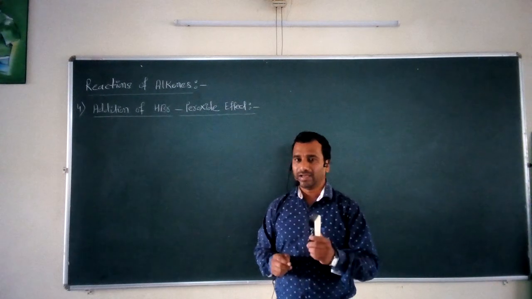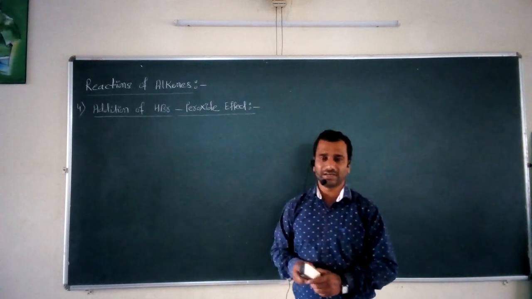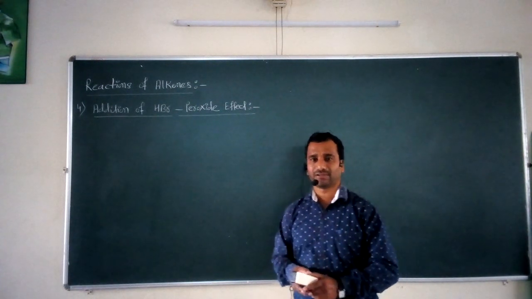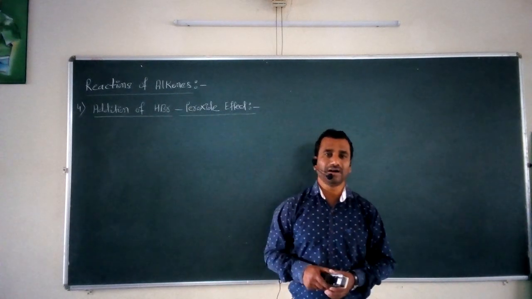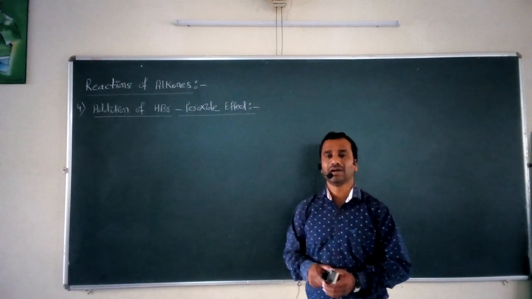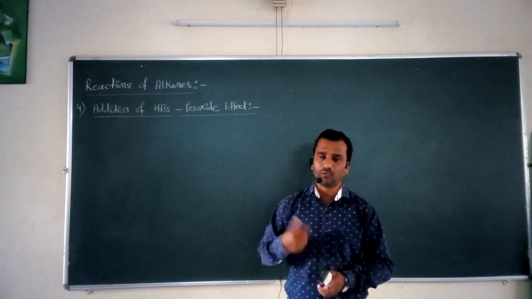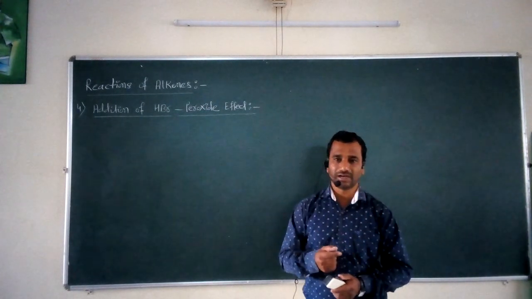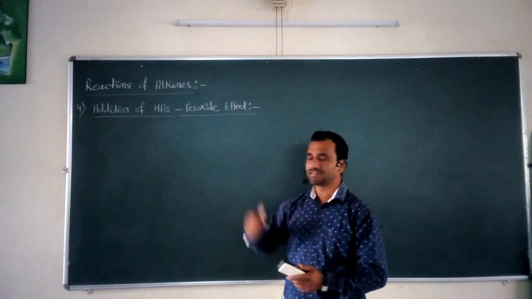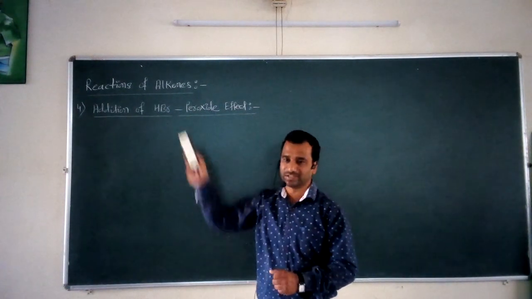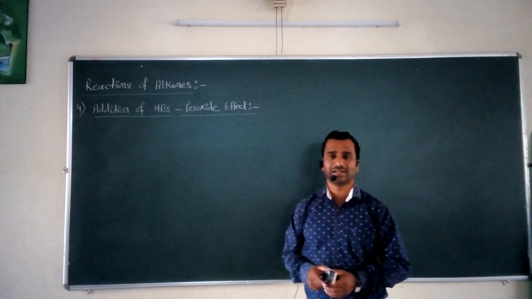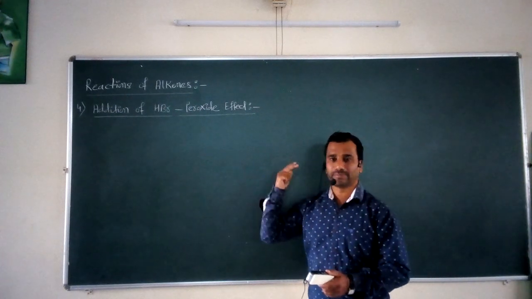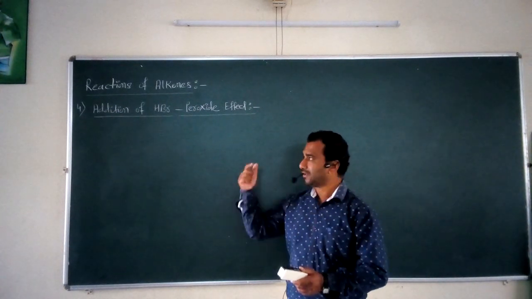Before that, at the end of the last video lecture, we studied one important rule for the addition of unsymmetrical reagent across the carbon-carbon double bond in an unsymmetrical alkene, and that rule is called Markovnikov's rule. Now we have to take the next rule in this present reaction. What is that rule and what is its statement, that we have to study in this current reaction of addition of HBr. To study this addition reaction we have to take a proper reactant, a proper reagent, and the possible products obtained by this particular reaction.